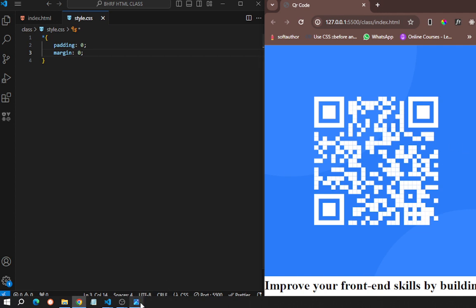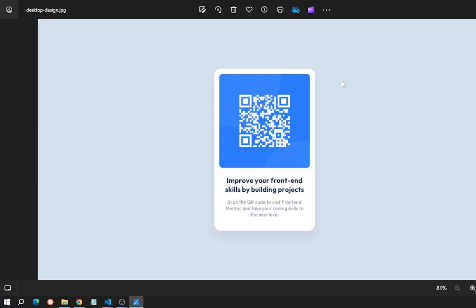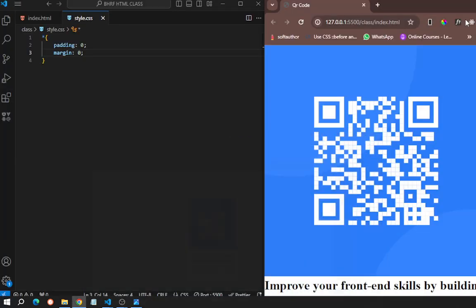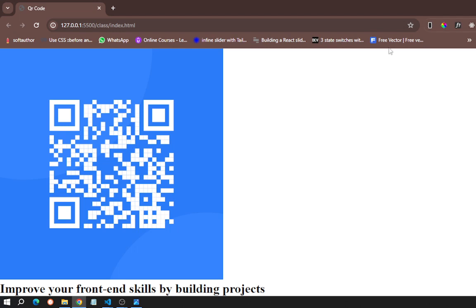Then let's go back to our design. You can see this thing is centered. It's in the center of the browser; that's what this outer space represents. Now to center, in our last class we talked about flex. This white here represents that blue background. That's our browser, and now we want to center it. So the first thing we'll do,